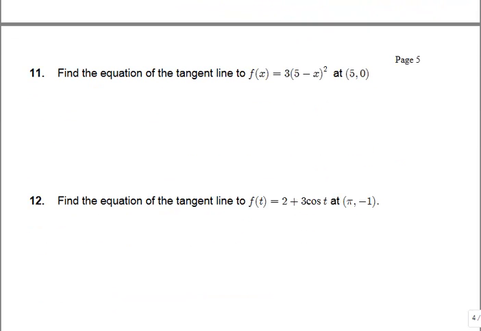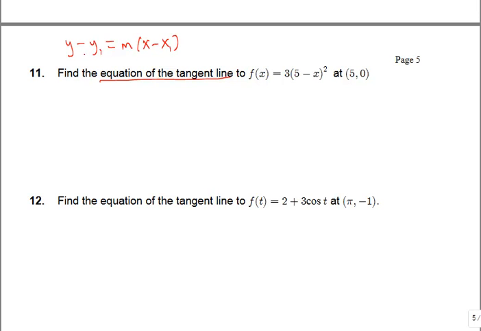Okay, next example, pretty similar, but we're going to take it one step further. This time we want to find the equation of the tangent line to this function at a point, but we don't just want the derivative at that point, we want the actual equation of the tangent line. So we're going to need to use that point slope form, y minus y1 equals m times x minus x1, to get our